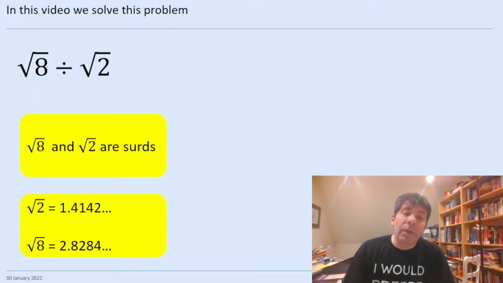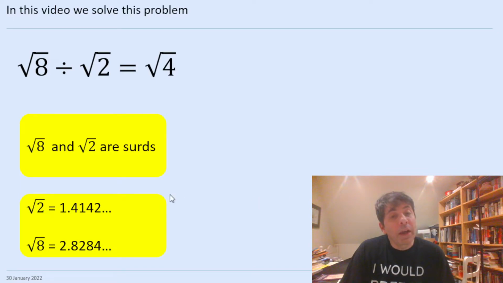So we write them in the form square root of 8 and square root of 2, and we call them surds. So if it were the square root of 9 or the square root of 16, you could just calculate them like 3 or 4. But in this case, we just leave them in square root form, and there's actually quite a lot of maths we can do with them in that form. So this is an example. So root 8 divided by root 2